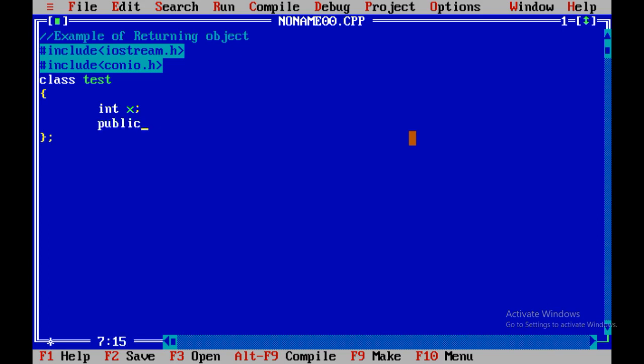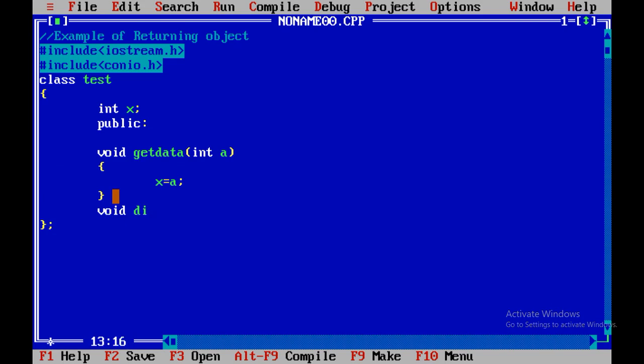This program we have already discussed in our previous session. So void getData, integer a, x equals to a. X is a local variable of test class and a is the variable which is declared inside the argument of void getData.